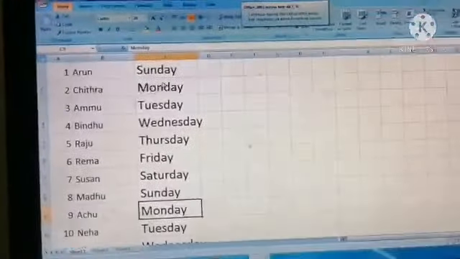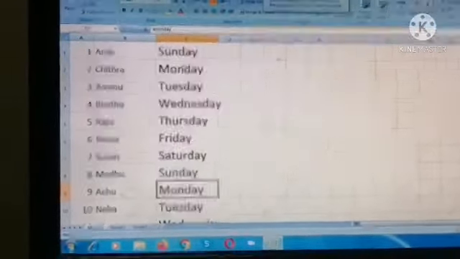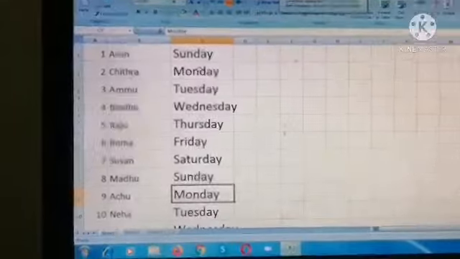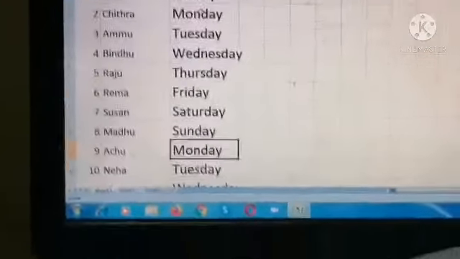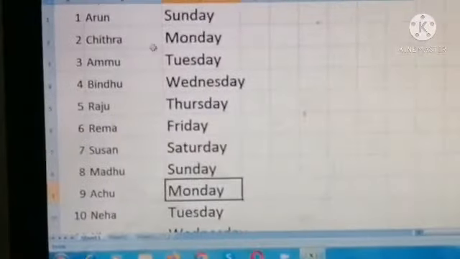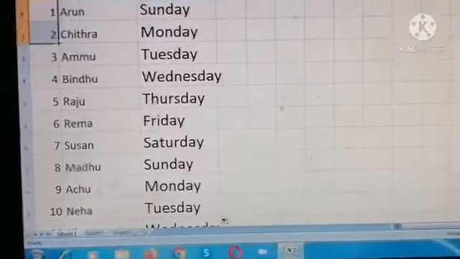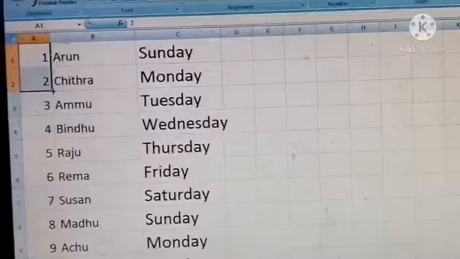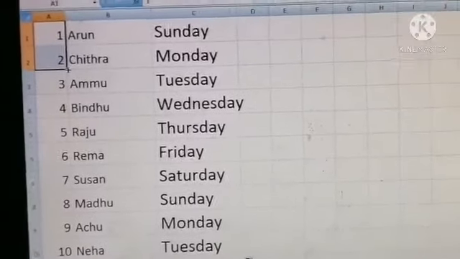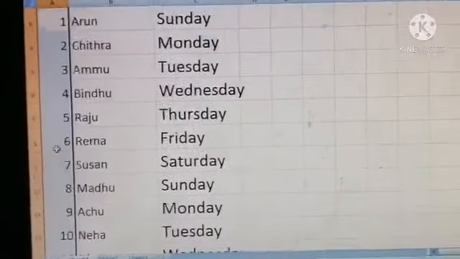Okay. So now we learned how we can create auto numbers in an Excel sheet. It is very easy to create numbers. For that, first we have to enter the first 2 digits. Then after selecting the 2 digits, just go to the edge of that cell. At that time a plus symbol appears. When the plus symbol appears, you can drag, that means move the mouse. At that time the numbers will generate.